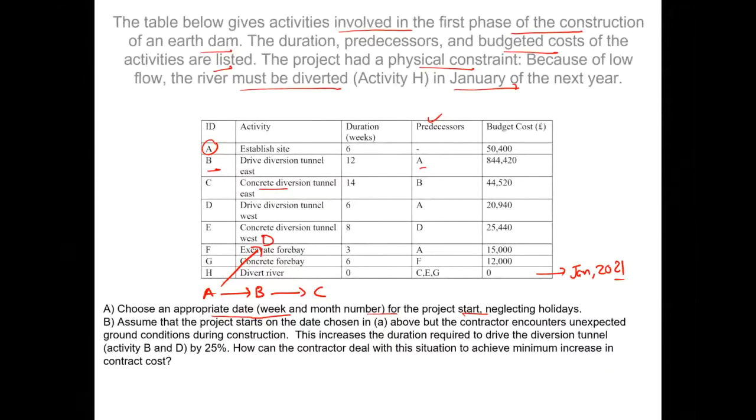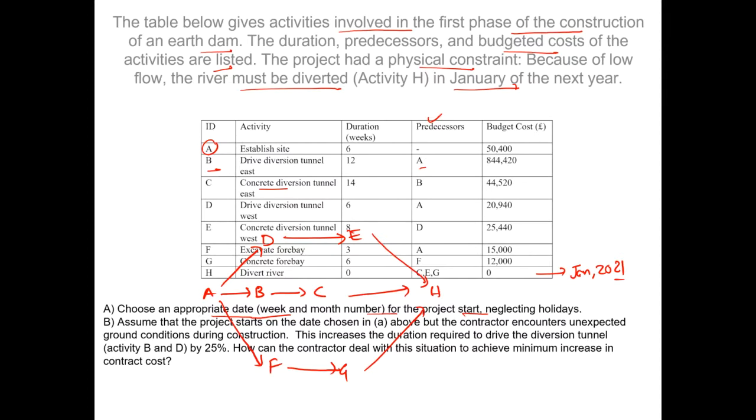And then activity E depends on activity D. Activity F depends on activity A. Activity G depends on activity F, and the last activity is H. So that gives us basically the logical sequence. Now, once we have done that, we could do either a very detailed forward or backward pass calculation,